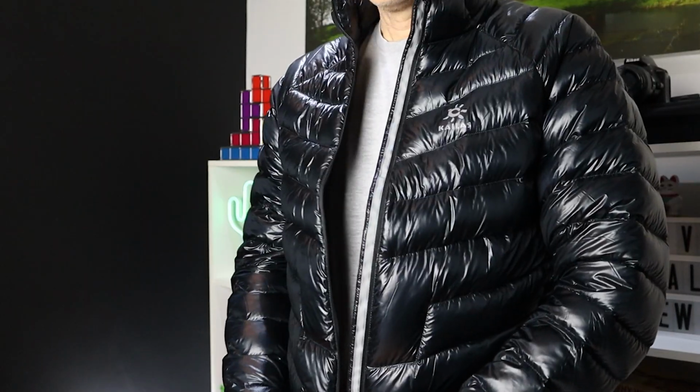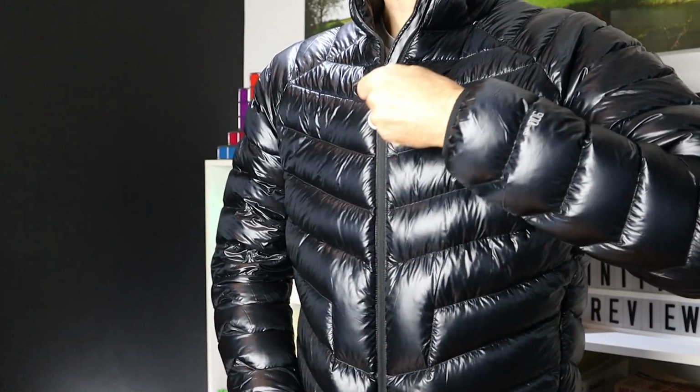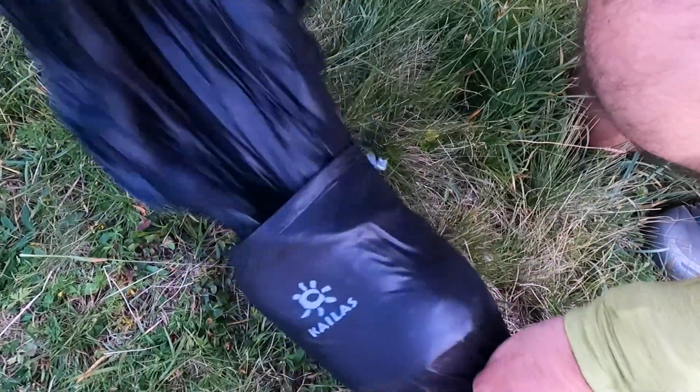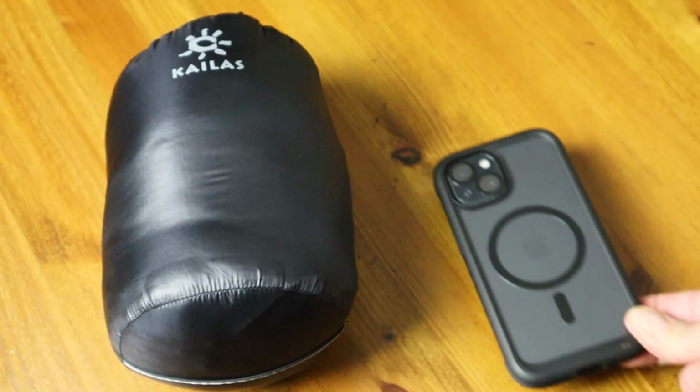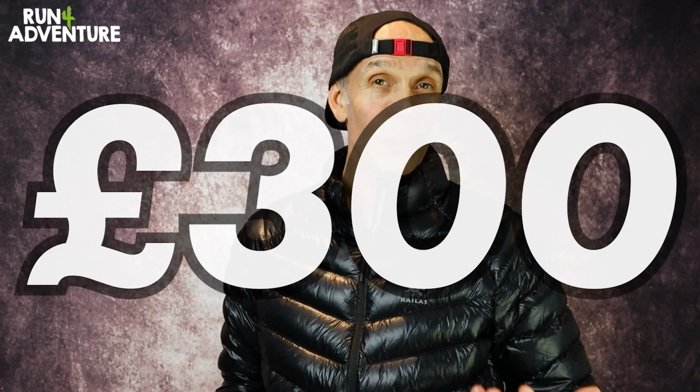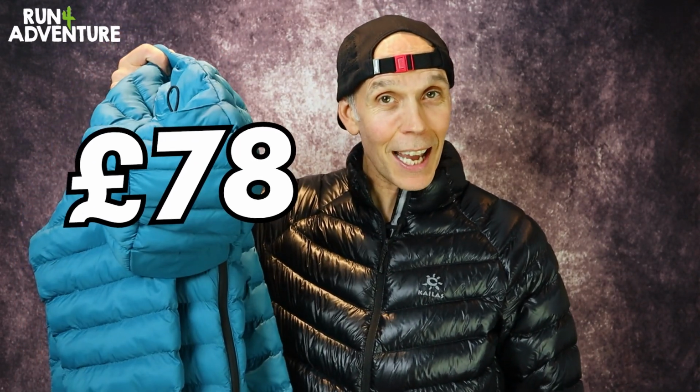In fact, if I compare this jacket to one of my more expensive insulated jackets, so this is my lightweight insulated down jacket from Kalas. Now, this is a fantastic jacket with some great features. It is super lightweight, it's extremely warm, it packs down really small into its own stuff sack, so it doesn't take up hardly any room if you're traveling with the jacket, but it doesn't come with a hood, let alone a very functional hood like the Lomond jacket, and this retails for around about £300 compared to the £78 of